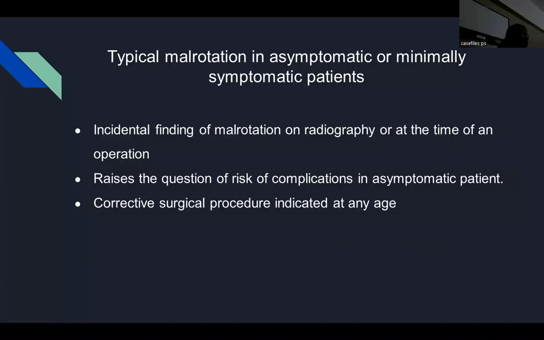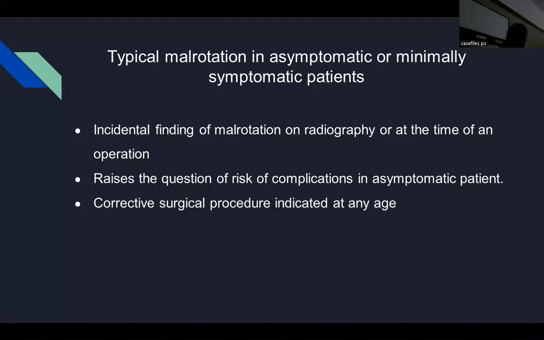Sometimes malrotation can be found incidentally in patients who are asymptomatic or minimally symptomatic. It can happen during the evaluation of patients for chronic abdominal pain or at the time of any other operation. So this always raises a dilemma whether to operate for the malrotation or not. But whenever there is a typical malrotation, that is the DJ is present towards the right side of the spine, the cecum is present in the subhepatic region, and they have a Ladd's band, this corrective procedure has to be done, because there is always a risk of development of volvulus in the patients